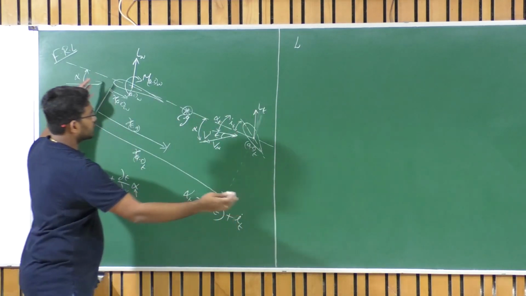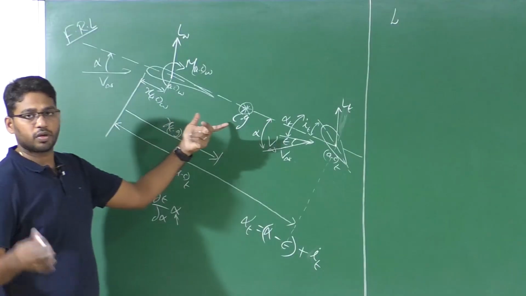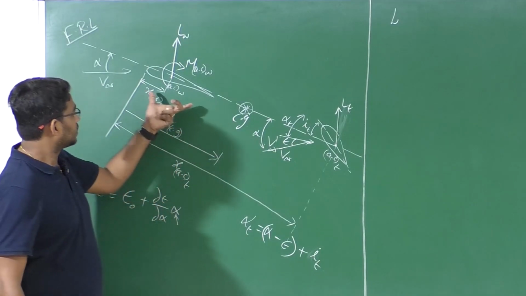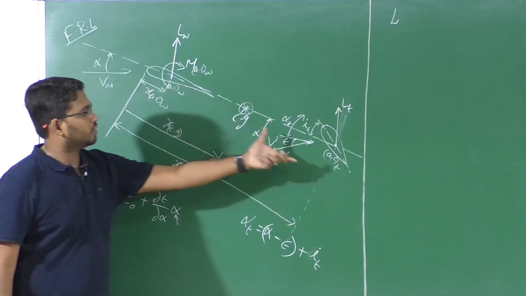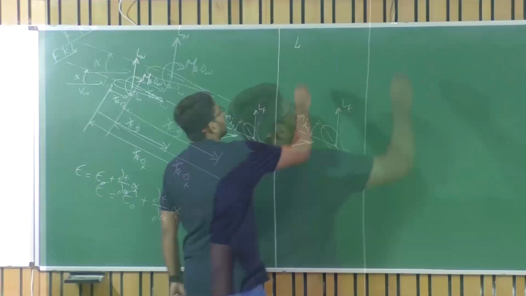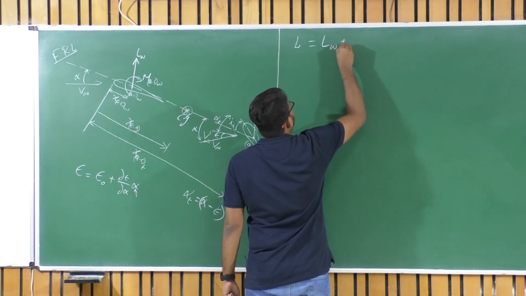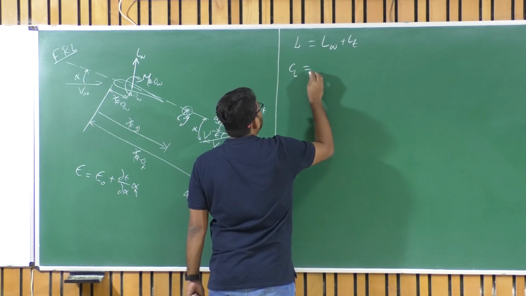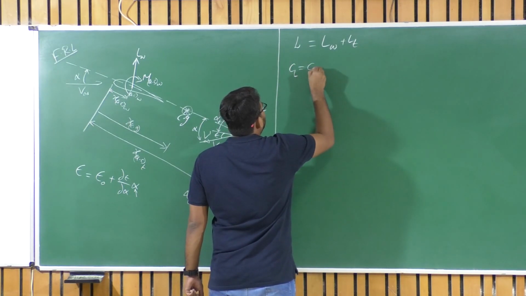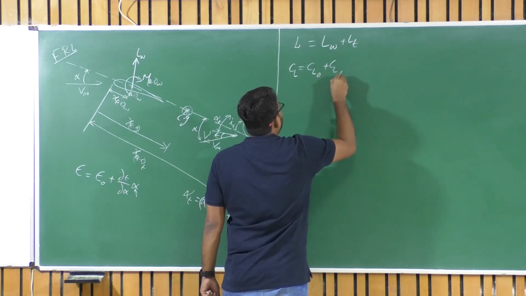The total lift of this aircraft, with the principle of superposition, which is one of the assumptions that we considered earlier, is the summation of the lift generated by the wing and the lift generated by the tail, which is L of total aircraft equals L of wing plus L of tail. Then we figured out that CL of total aircraft is equal to CL naught of total aircraft plus CL alpha times alpha of the total aircraft,